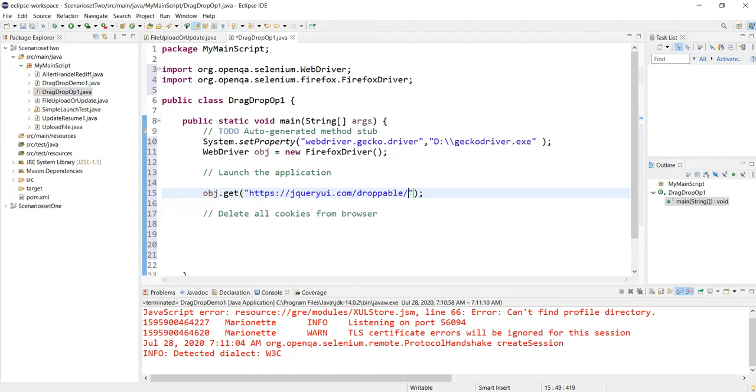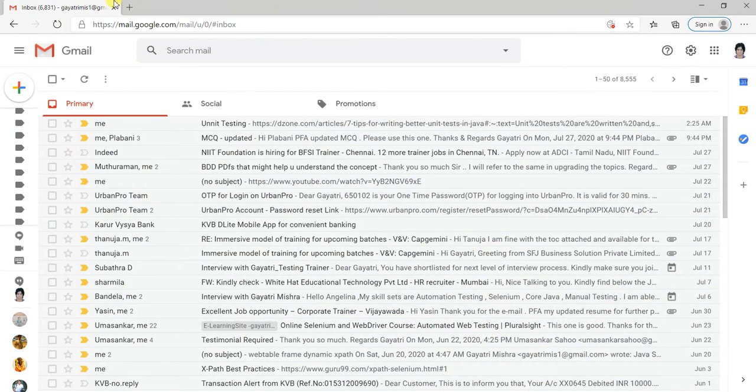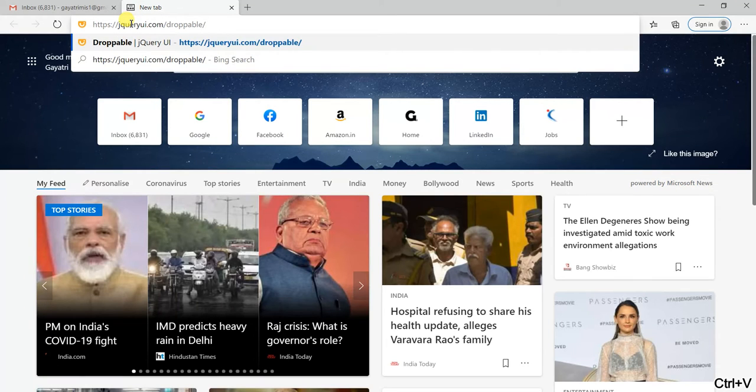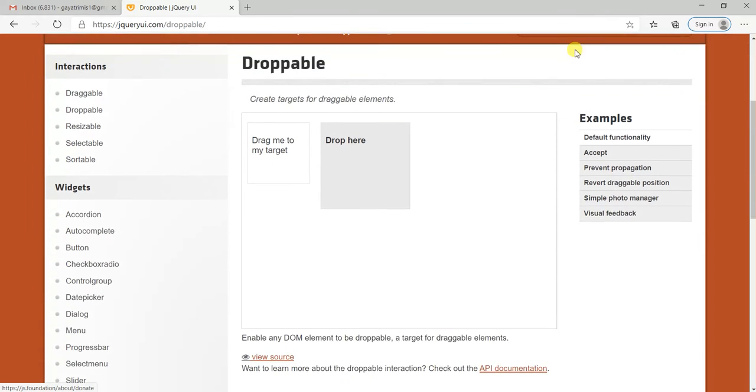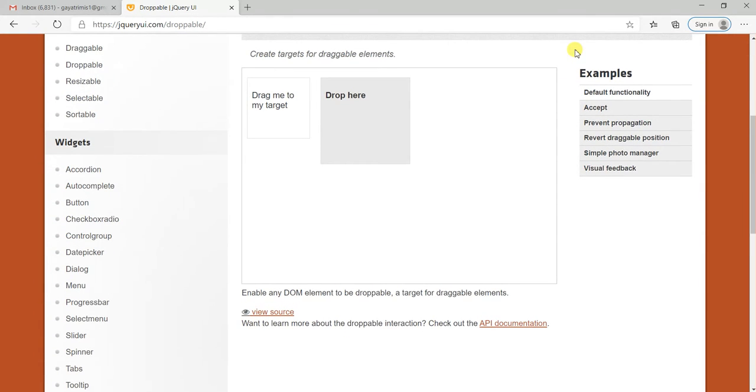Now again I would like to open the application and show it to you, just to understand that the components which we need to automate are within a frame. Now see, we can see one drag me to my target and drop here. Two elements are there, which are enclosed within a box.